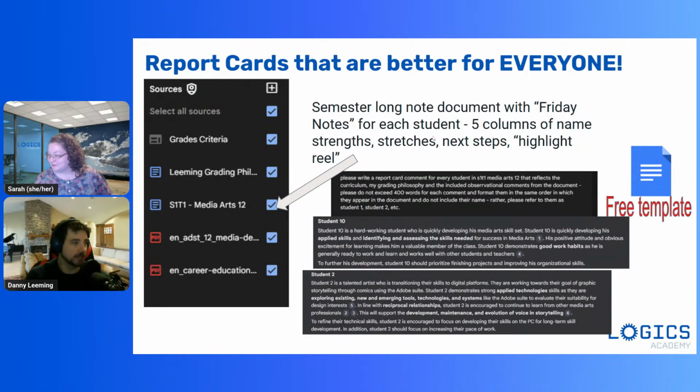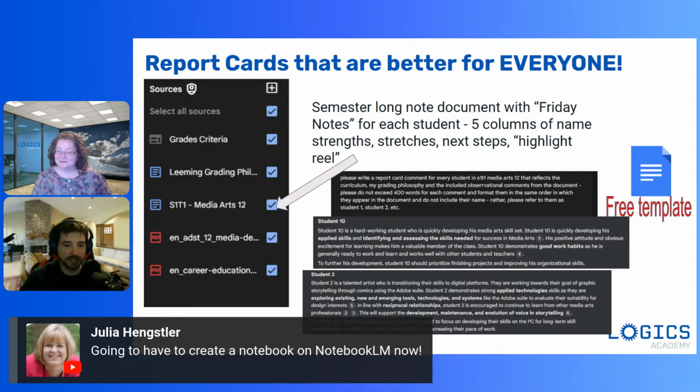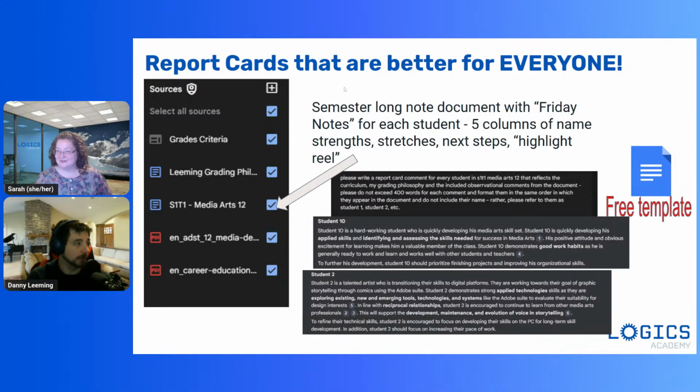Okay, 14 minutes. In my previous session, I showed you how to use a spreadsheet and next level prompting to create a report card template that's next level. I'm about to show you how to do that in an even better way. So